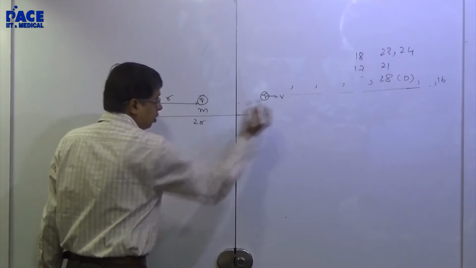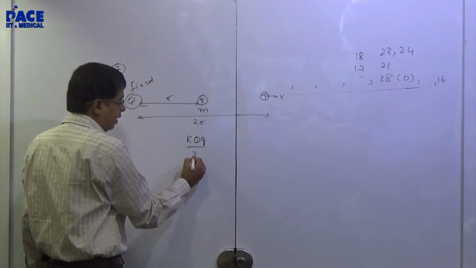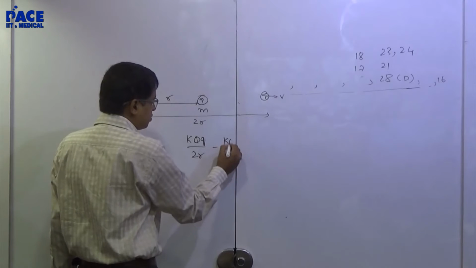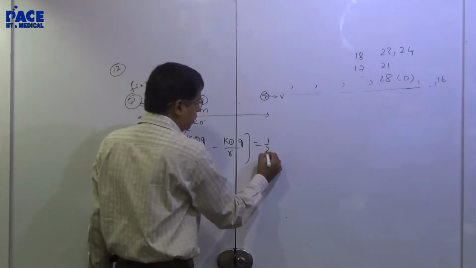Can I find out the velocity? K capital Q small q by 2r minus K capital Q small q by r will be equal to half m